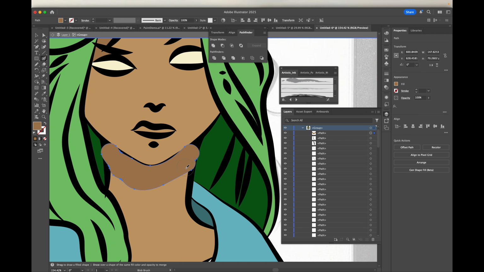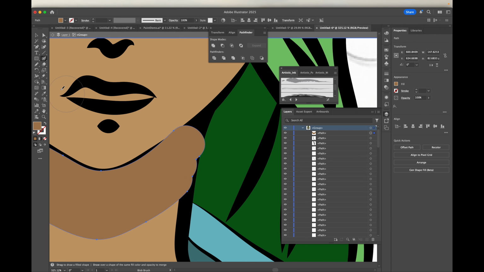All right. And so now this is going to turn into shadow under her chin. And now that I've got the shadow under her chin, you can see I went a little bit crazy on the side there. I'll go ahead and erase some of that. All right, now that I've got that shadow there, I can go ahead and again, just drag this down through